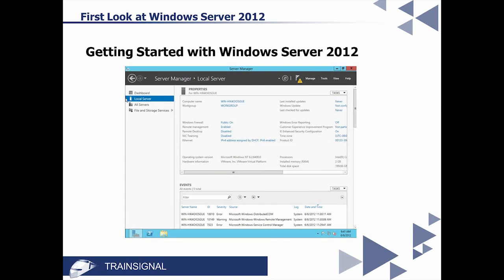Now, if I click down onto local server, so I moved from the dashboard down to the local server, this is where you can see things similar to what we saw in Windows Server 2008's Server Manager. More specifically, it's like the initial configuration tool, if you're familiar with that, where you can go through step by step and set things like your computer name, whether you're going to be part of a domain, firewall, and remote management. But notice that things are kind of cut off over here. We can't see a whole lot.